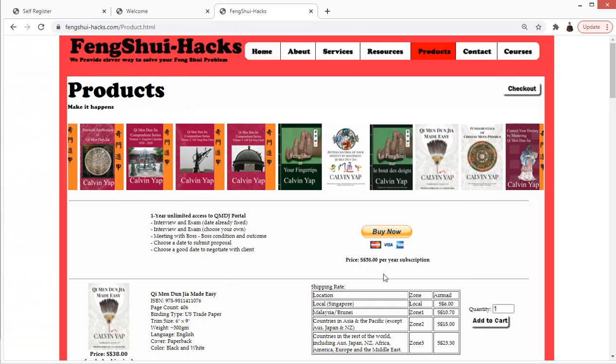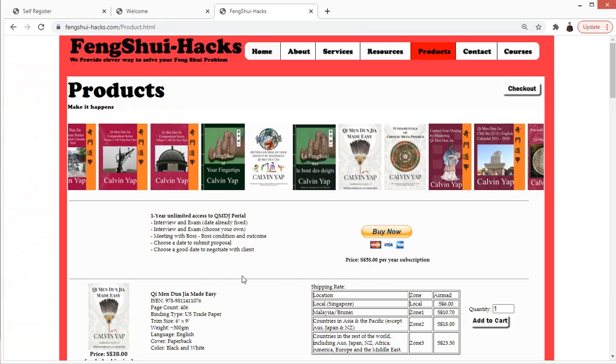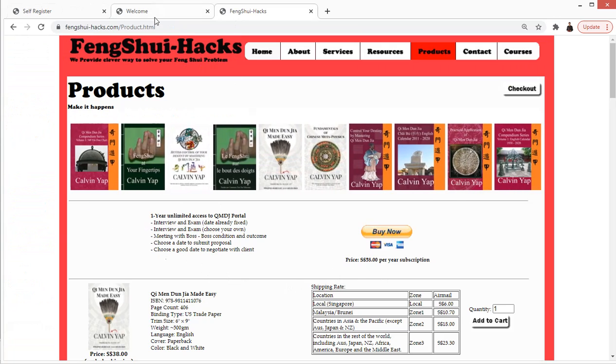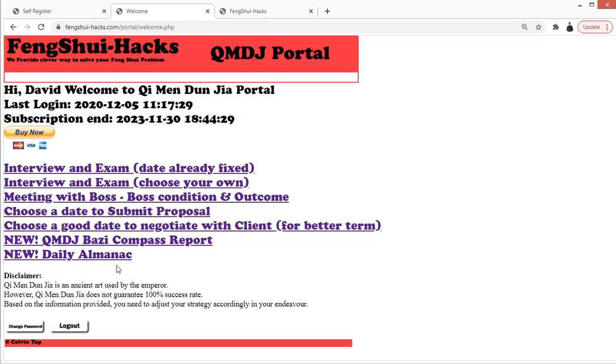Okay, so this is a subscription service, 1 year subscription for $58 per year. Okay, so it allows you to have options for all these things, right? So it gives you a direction of what to do